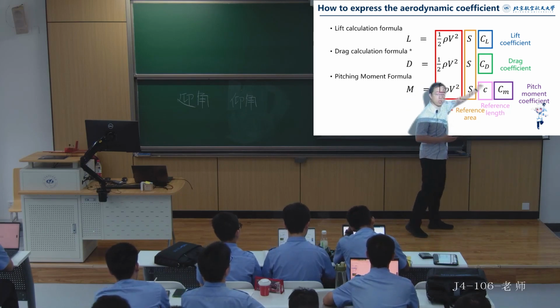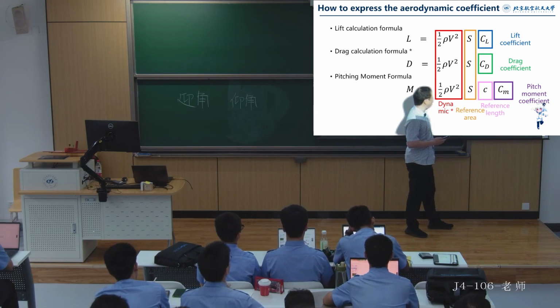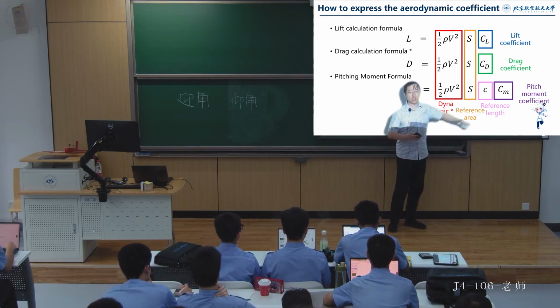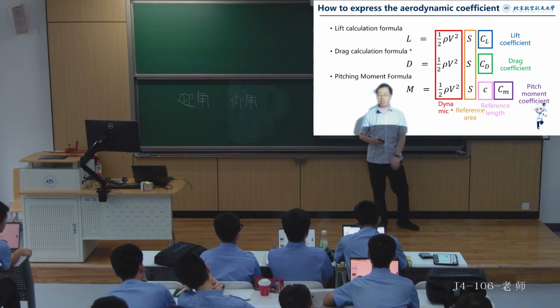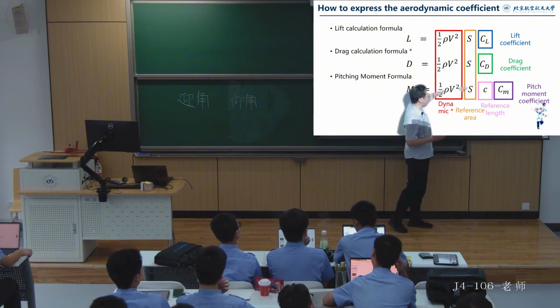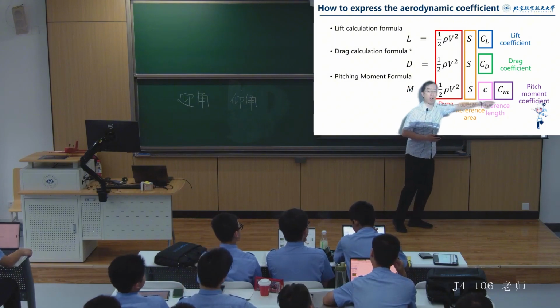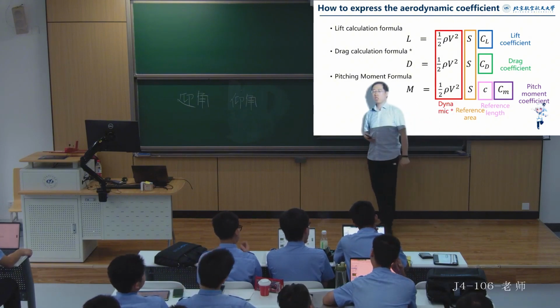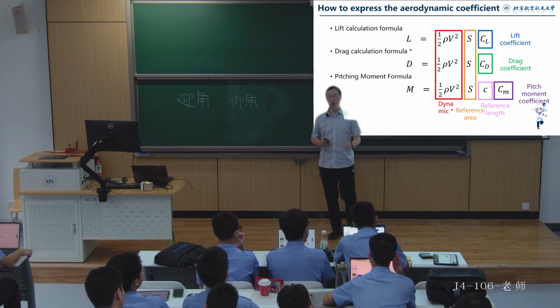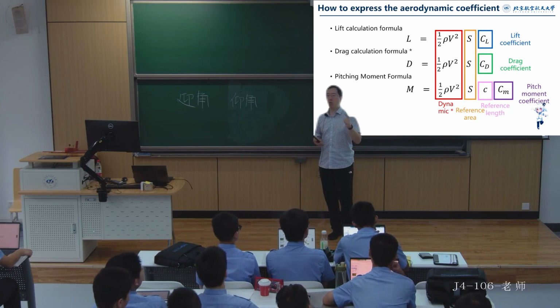For the moment of the small model, we further divide by the reference length of the small model. This is usually a reference length on the wing. After dividing the moment by the reference length, we can obtain the moment coefficient. Here, we have obtained three coefficients, and with these three coefficients, as long as the aircraft satisfies the similarity conditions,